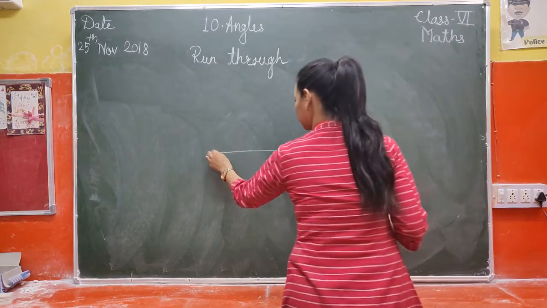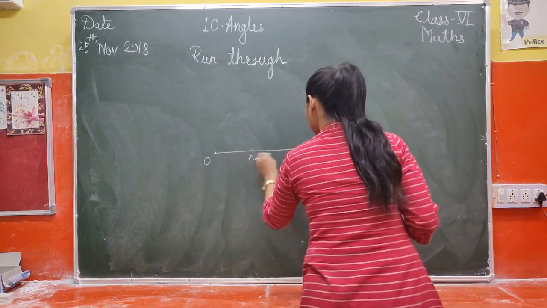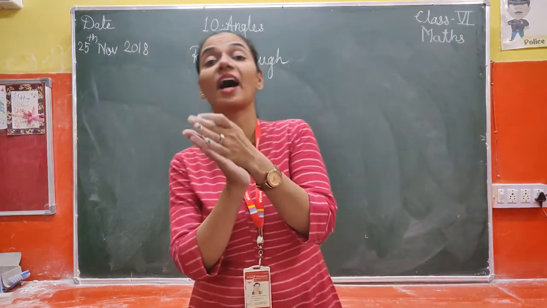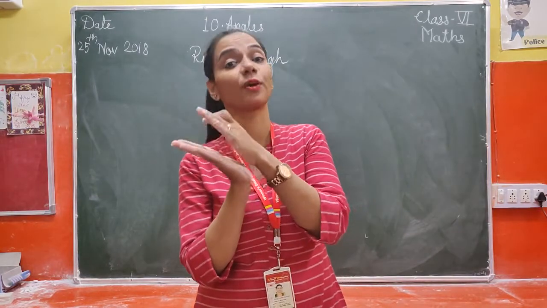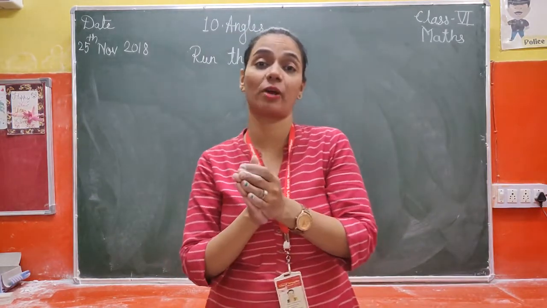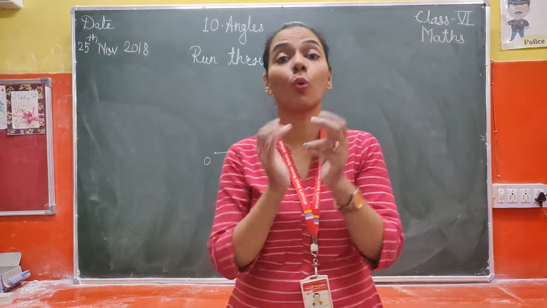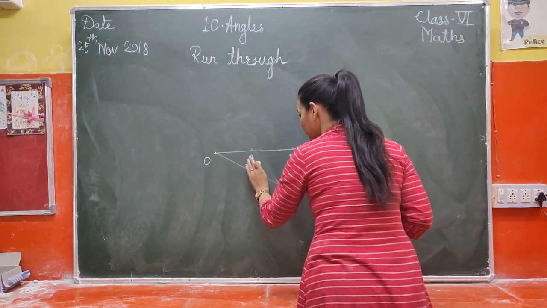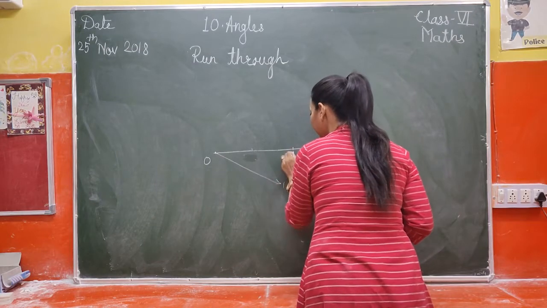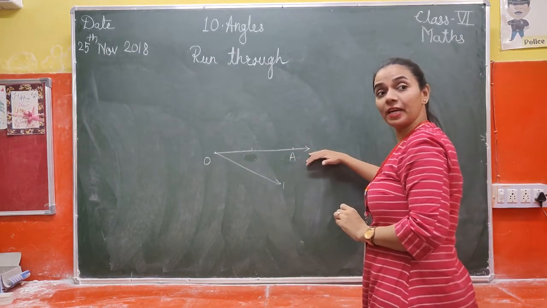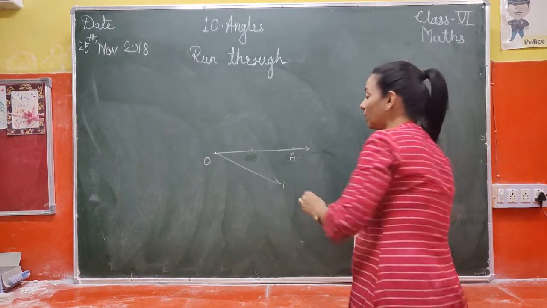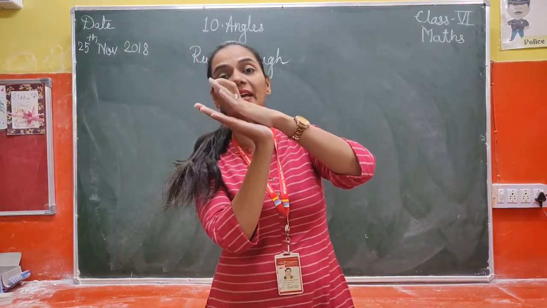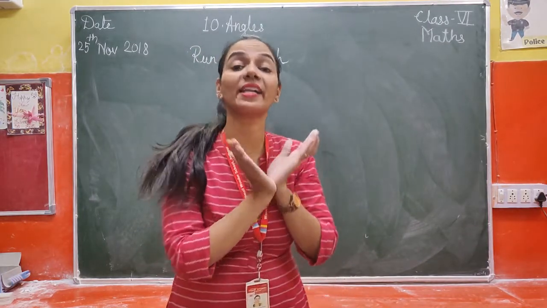Okay? I can name them like this, OA and OB. There are two rays and they are lying on each other. वो दोनों एक दूसरे के ऊपर है. We can say they are forming a zero angle at first, right? Now one of the rays, any of the rays, it may be. Let me take OB or A. So let the ray on this position be OA and the ray which is moving be OB. दो रे एक के ऊपर एक है और एक रे मूव कर रही है, but it is moving anti-clockwise.